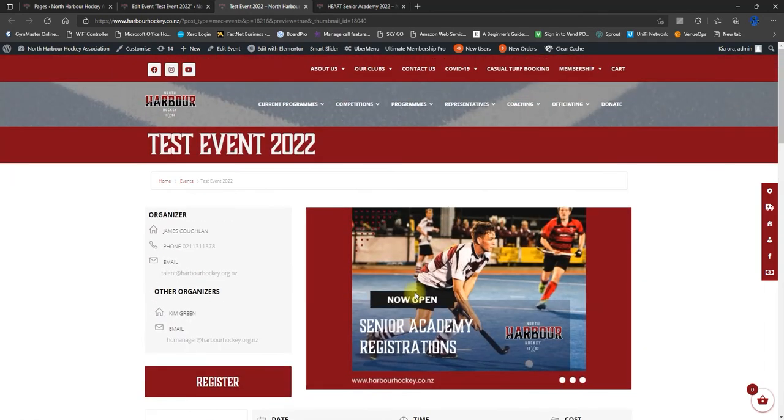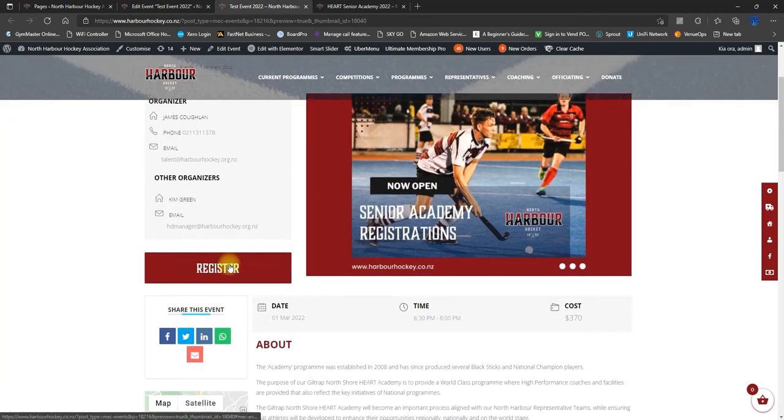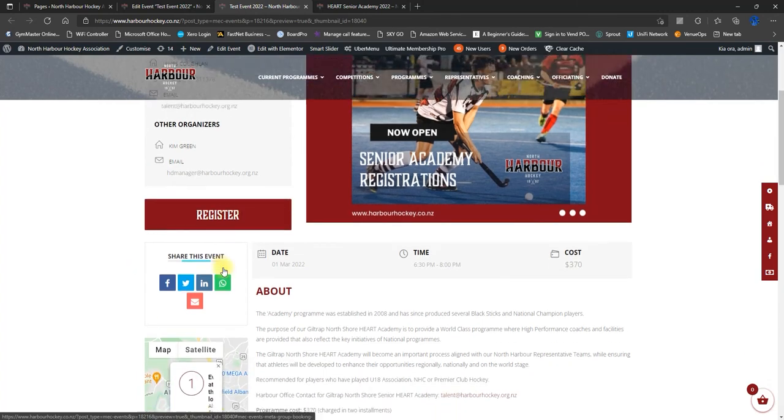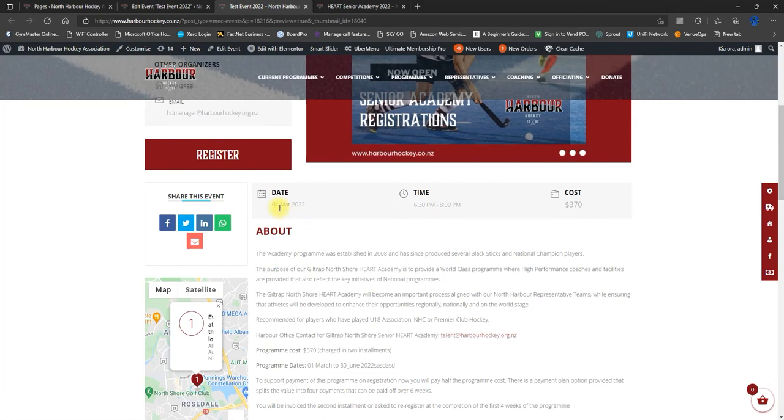And we do that so that our members get familiar with the same look, the same layout, and the same information through and through. So our register button turns up here as soon as we have a viable ticket option. If there are no tickets, there'll be no register button there. The start and finish, first date, and this will always show as the first instance of the program, the cost of the program, and different ways to share it.